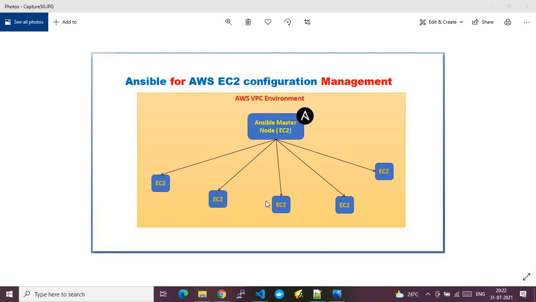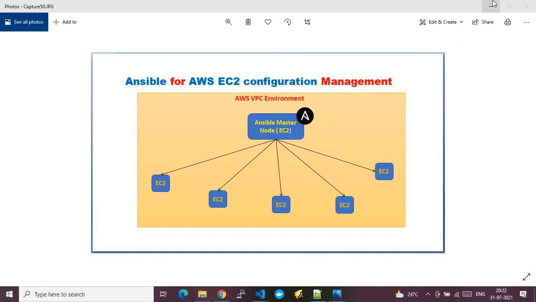Before I walk you through the steps of this demo, let me quickly give some input on what the Ansible tool is. Ansible is an open source configuration management tool. It is not only meant for configuration management, it can also be used for application deployment and software lifecycle management. This tool is very famous because it is infrastructure as code agnostic, and also very easy to manage. That is the reason Ansible is used majorly for configuration management. With that note, let's get started with this demo.